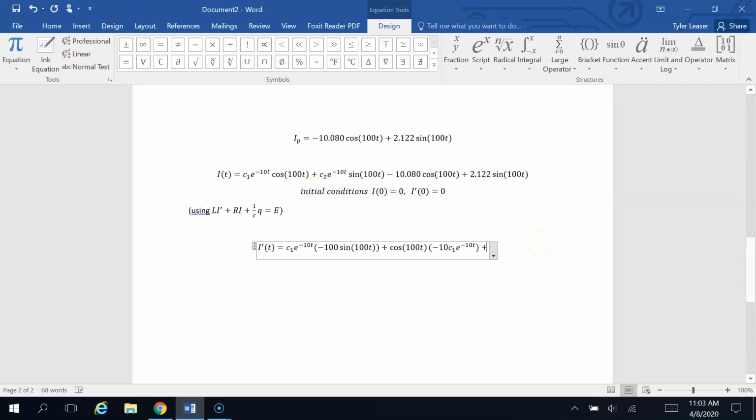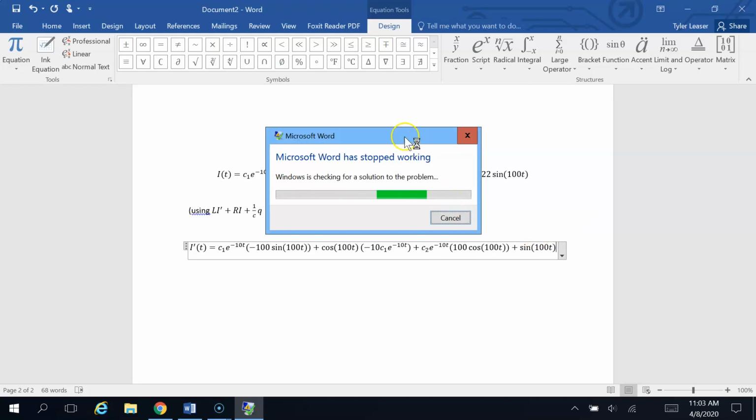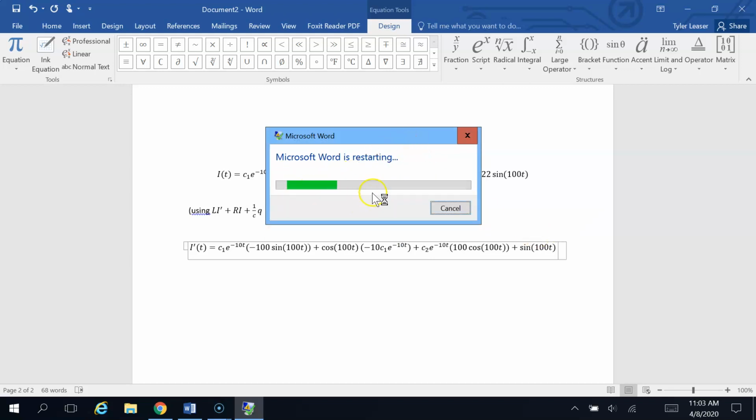That plus derivative of the second term, C2 e to the negative 10t times the derivative of sine, which is going to be 100 cosine 100t. That plus the second sine 100t times the derivative of the first, which is going to be, again,